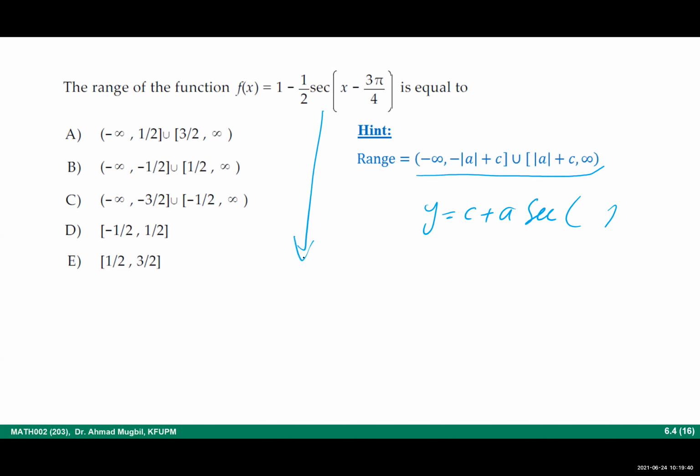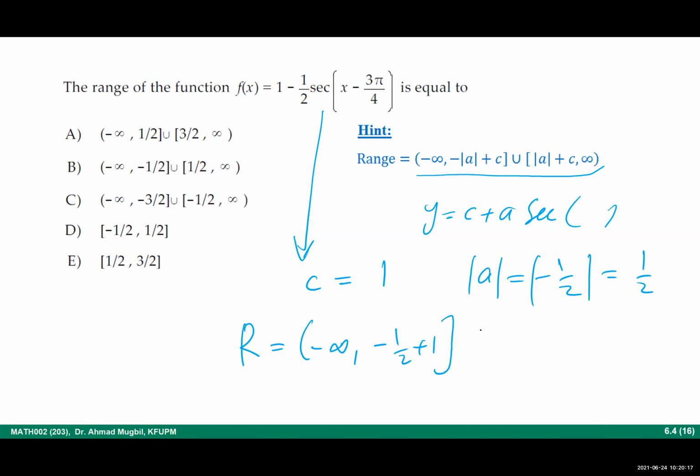In this case, what is a and what is c? C is negative a half, and a is... no, c is 1. Be careful. And a is negative a half. Be careful. So the range will be from negative infinity to negative 3 over 2. So let me take the absolute value. It will be negative a half plus 1, closed, union